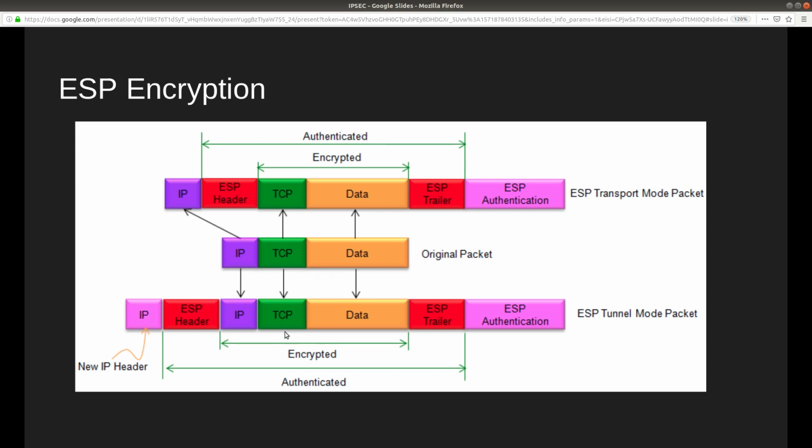So that way everything is encrypted and they won't know where it is coming from. And then it just adds a new IP header at the end in the ESP authentication. That way everything inside the original IP packet is encrypted, and if people are sniffing the traffic, they won't be able to know the original IP address from where it is coming from. Okay,